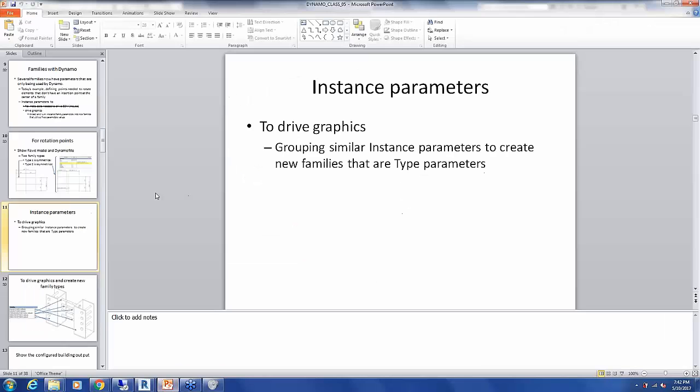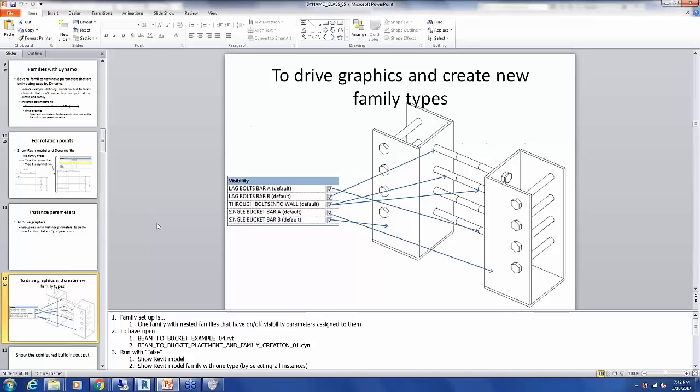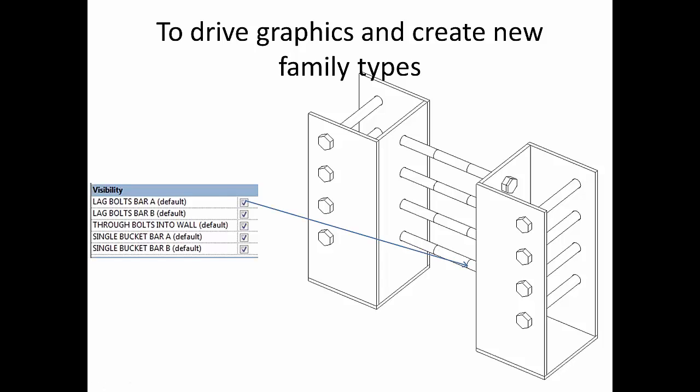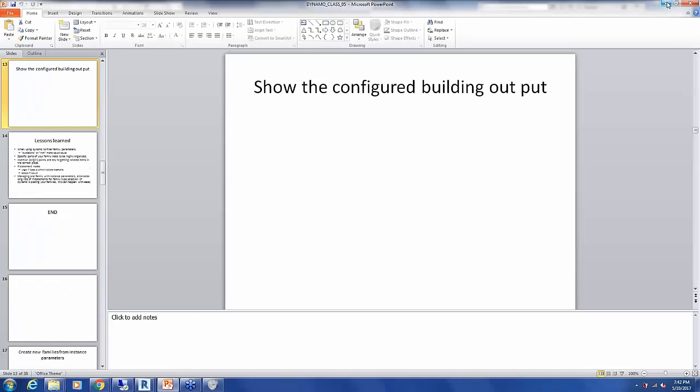So what we're going to look at here is a structural connector. I chose this one because it's kind of the smallest of the gnarly families that are single family instance parameter driven. So it might be overkill, but the idea is anything that says default is an instance parameter. That instance parameter controls that specific item, and so on, right? So I can get those. I place these components,